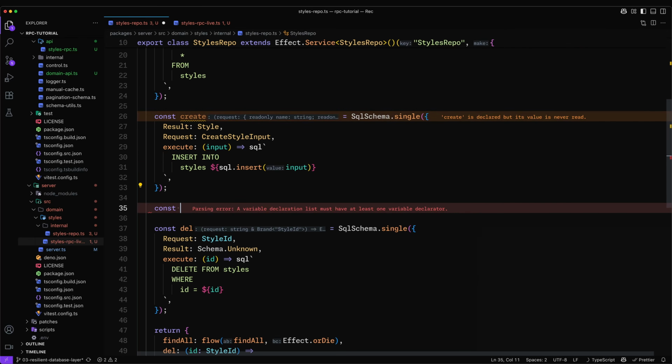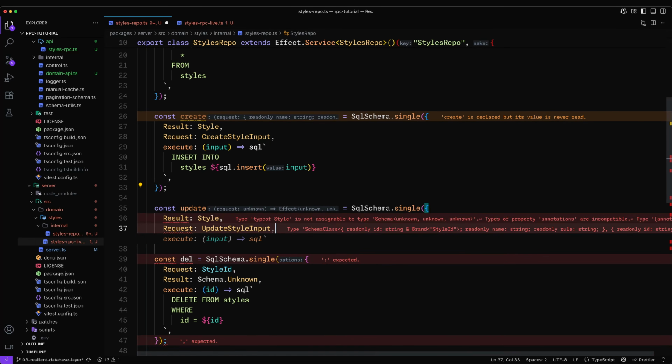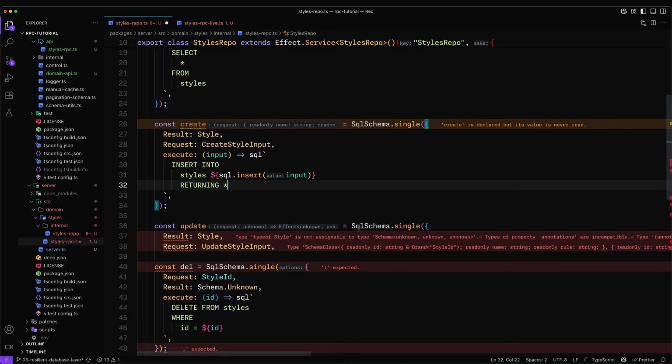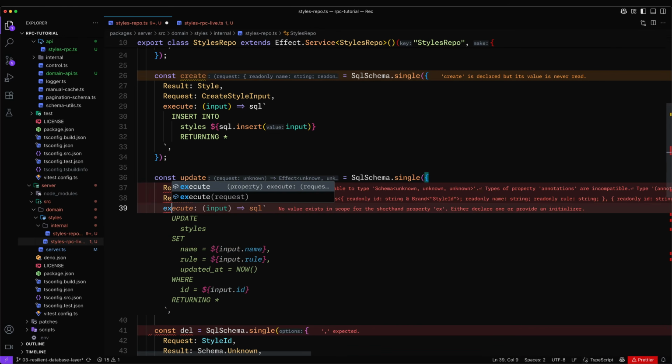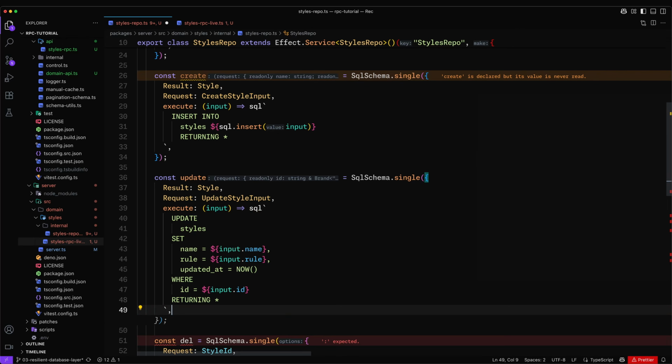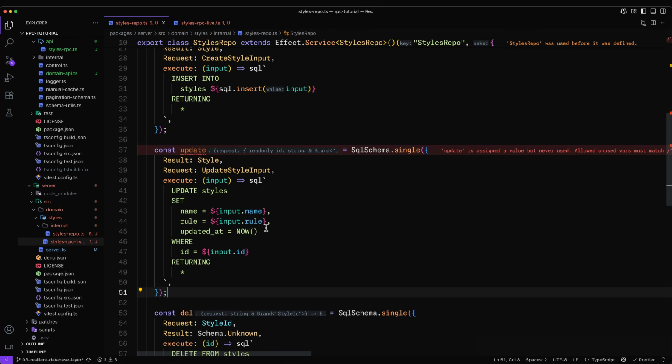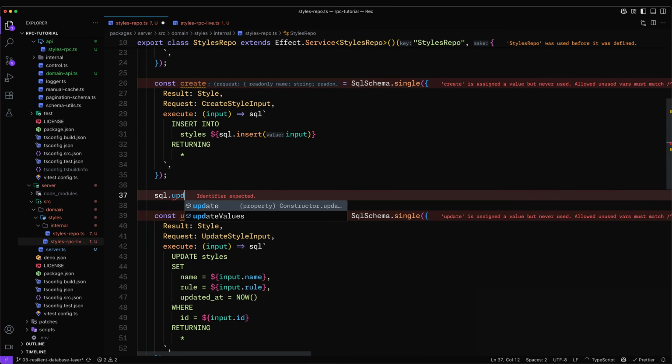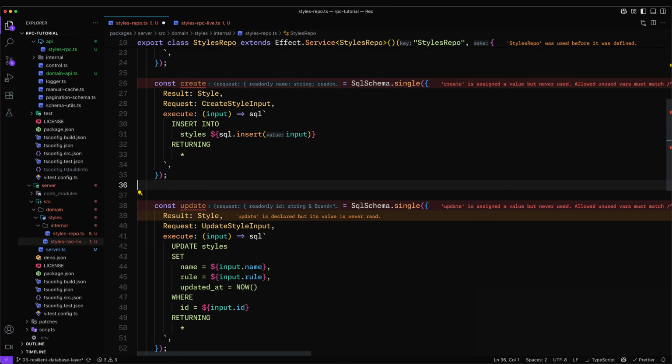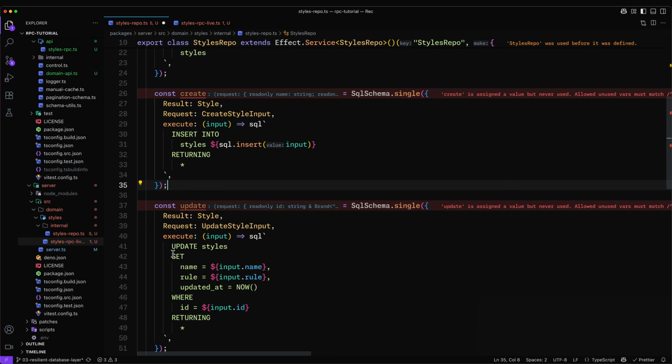And we need an update. So same thing, create. And I forgot we actually need a returning star. And here we can say execute update styles, and then set the name and the rule. But I'm not sure if there's an SQL update. There is. So I guess we can say update styles, and we can do